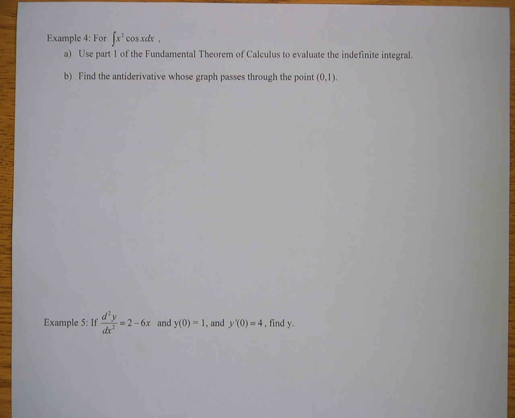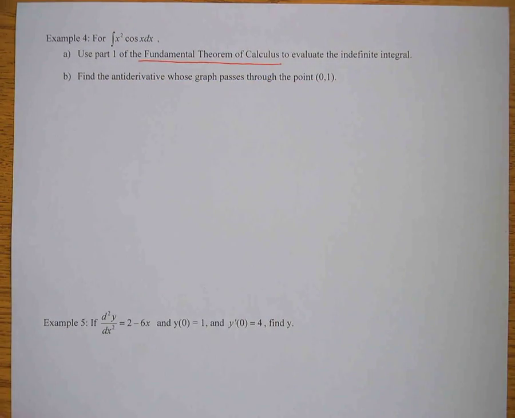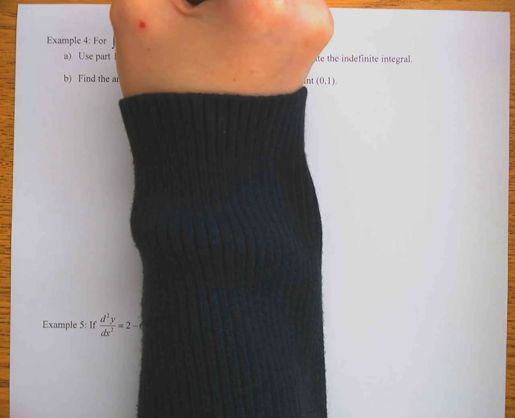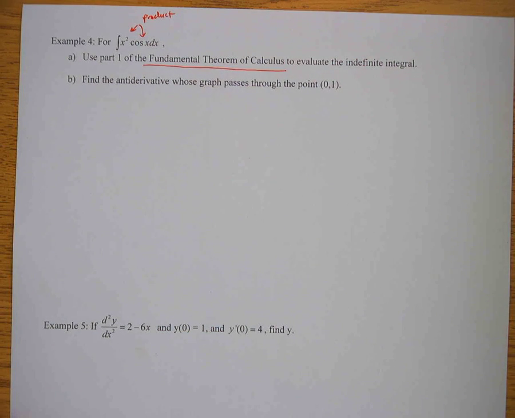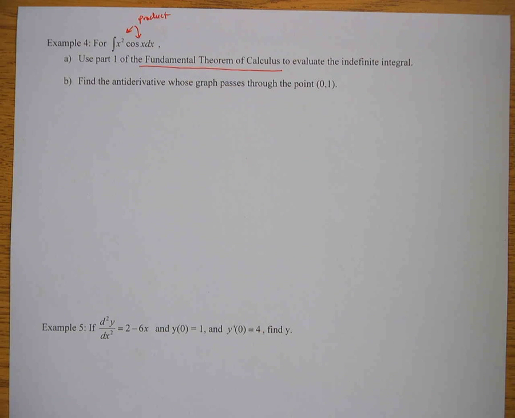So here for example 4, they throw in part 1 of the fundamental theorem of calculus. And the AP test loves to do that too. They like to just sort of throw it in there randomly. Actually, another reason why it's thrown in here is because we have a product of two functions, which we know we cannot split over an integral. So to find the antiderivative of this, we're going to kind of cheat and use fundamental theorem of calculus part